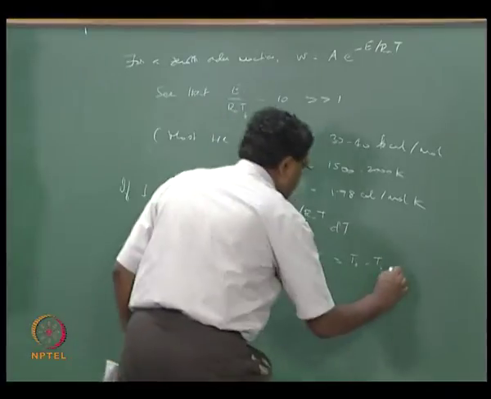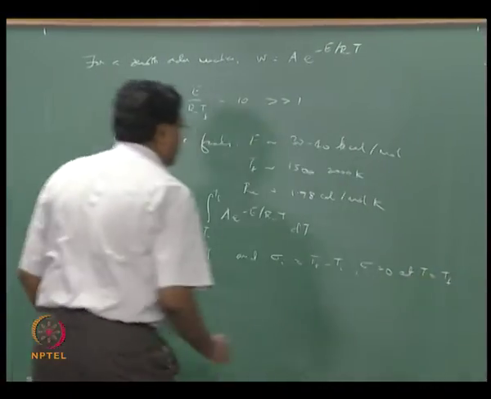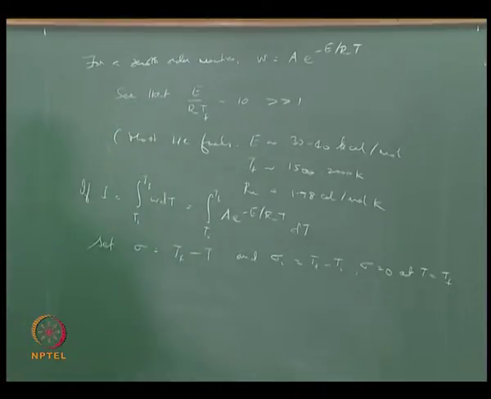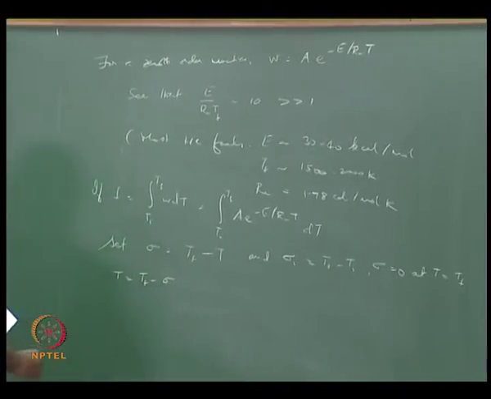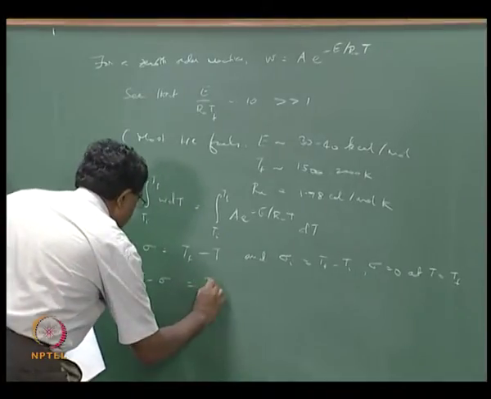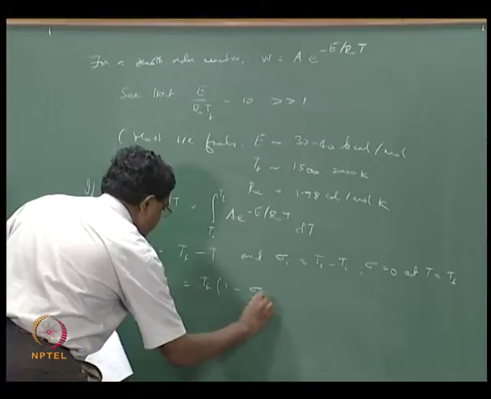So sigma equal to Tf, and we also have to find out what T is like. So T is Tf minus sigma equal to Tf times 1 minus sigma divided by Tf,